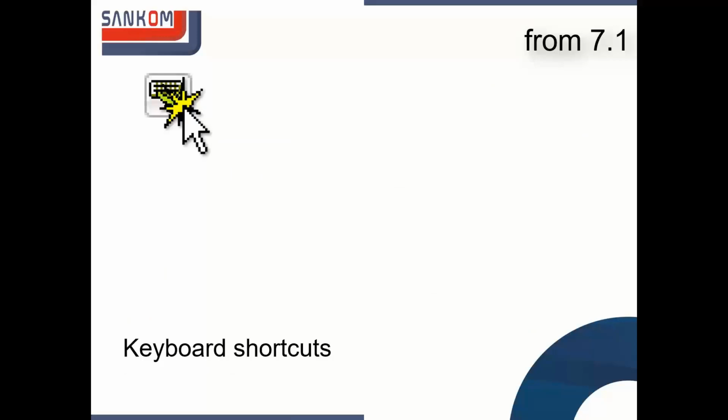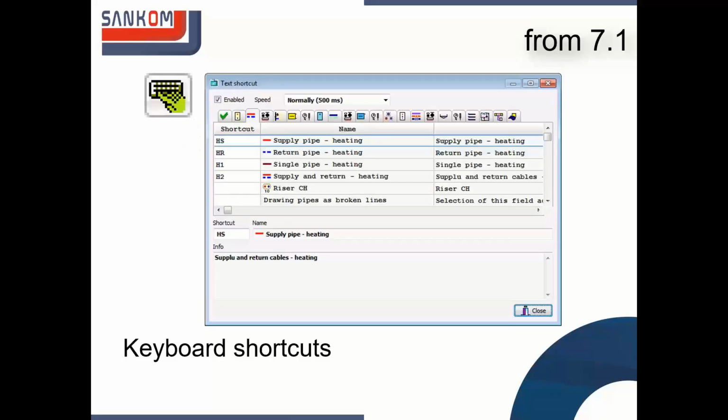The other functions, it's not our idea. You can find it in a lot of software. But for the people that use the software professionally for many hours daily, that can really save time, this is the shortcuts. You can define some shortcuts. For example, here, just as an example, for the supply pipe, it's suggestions HS, so like heating supply, then return pipe HR, heating return, that H1 if you design single pipe systems, and H2 if you wish to draw the